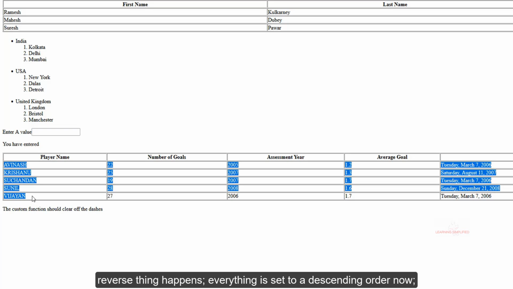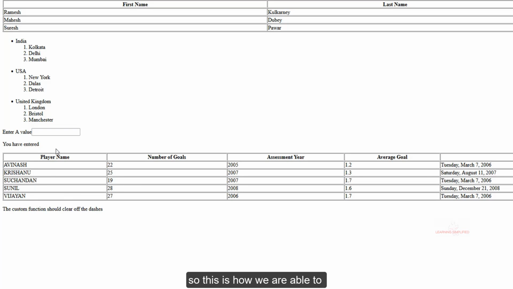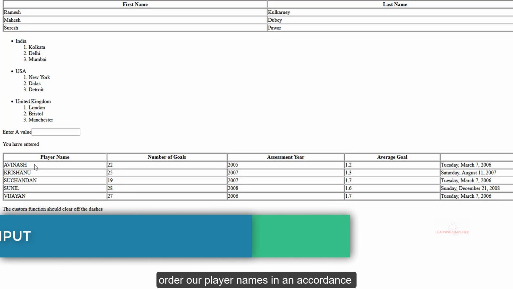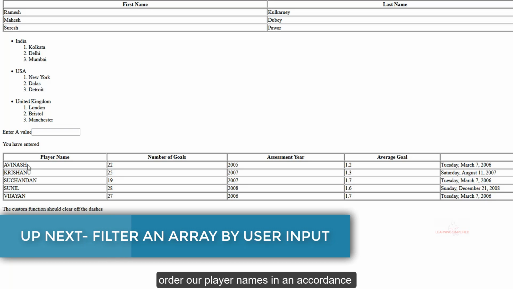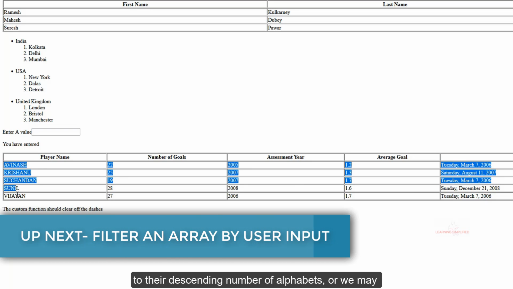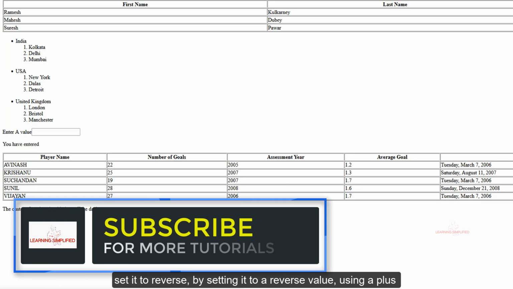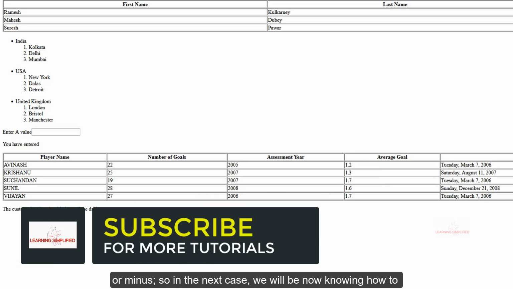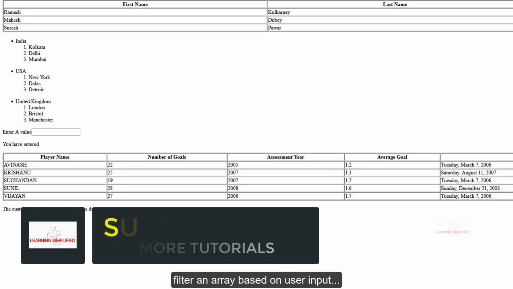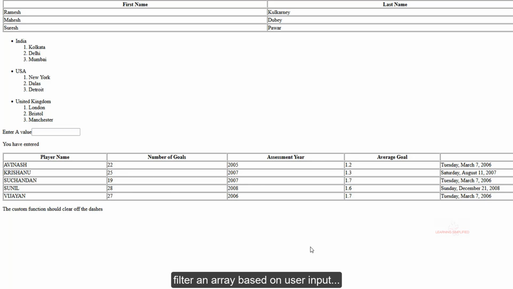Everything is now set in a descending manner. So this is how we are able to order our player names, or we may reverse the order by using plus or minus. So in the next case, we will learn how to filter an array based on user input.